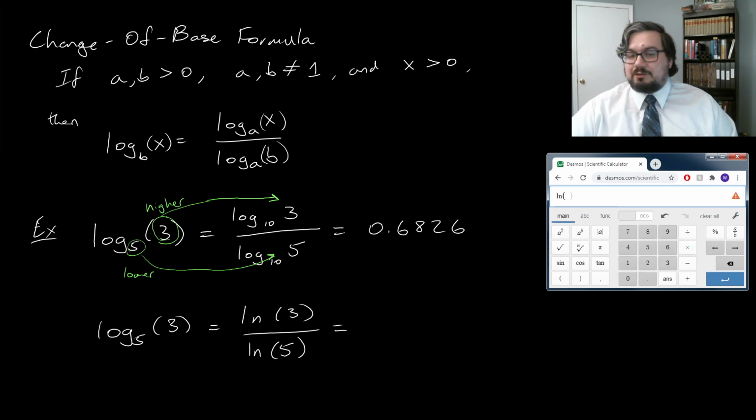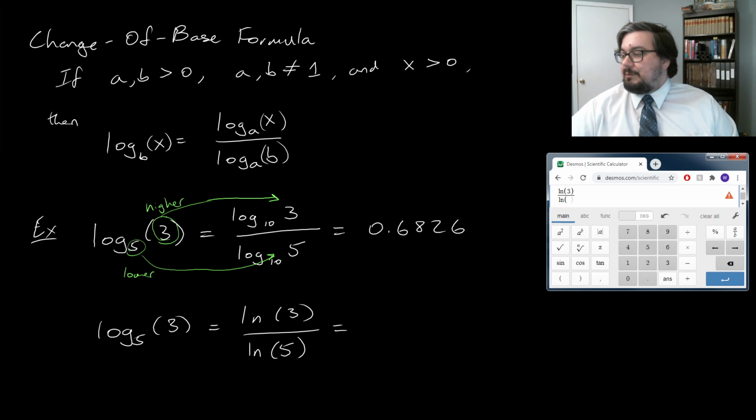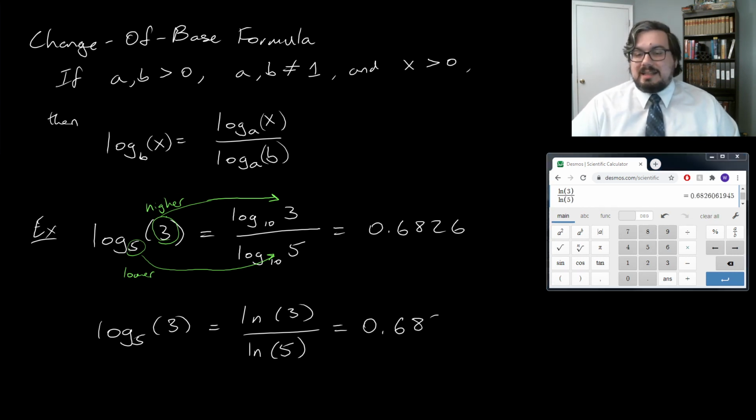We have the natural logarithm of 3. If we apply the change of base formula with our new base being e, we wind up with the natural logarithm of 3 divided by the natural logarithm of 5, which gives us again 0.6826 to 4 decimal places. And so the answer is it doesn't depend. The change of base formula applies no matter what value of a you choose for the base. This quotient will always give you the same number,